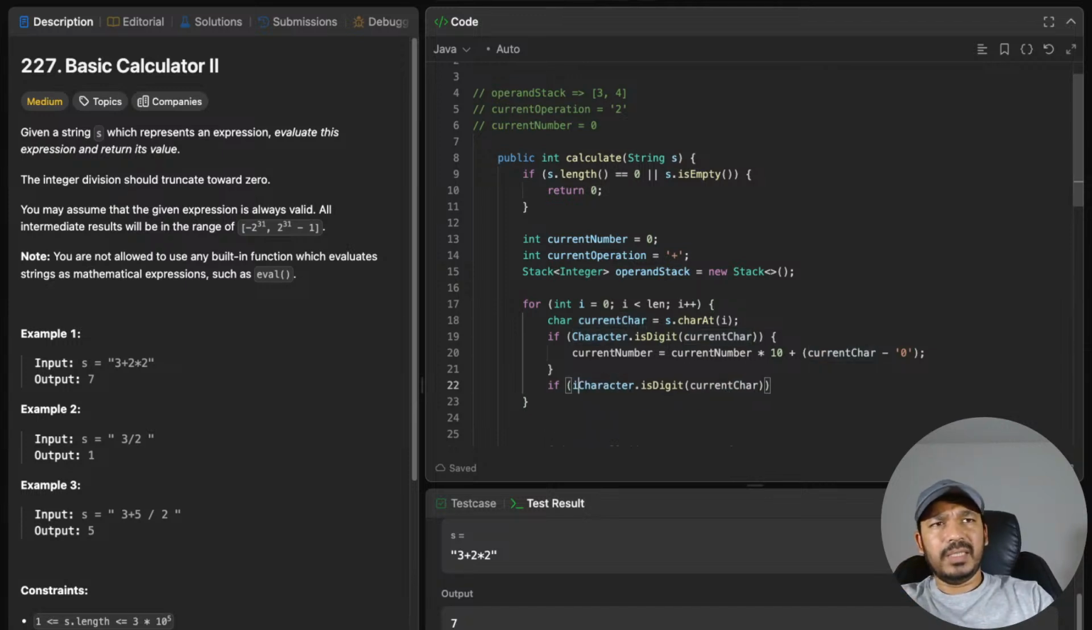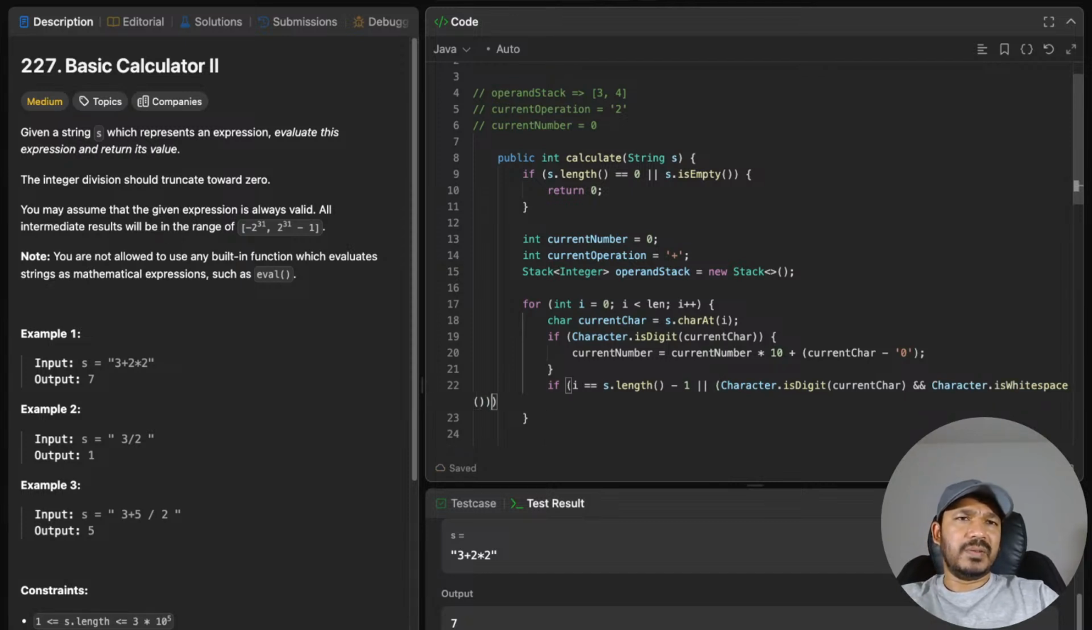So here I need to check if I is equal to s dot length minus 1. I mean, if it's the last digit, then definitely it satisfies and I will perform the computation. Or I'm checking if it is neither a digit nor a white space. Then it could be an operation or a symbol basically to perform an operation. So that's when I'll do if